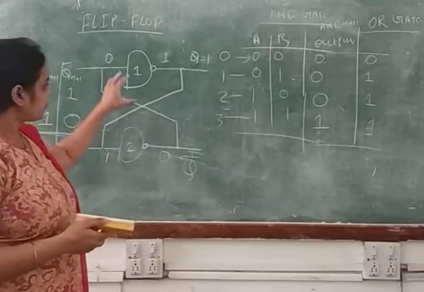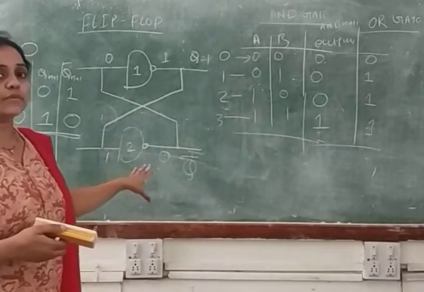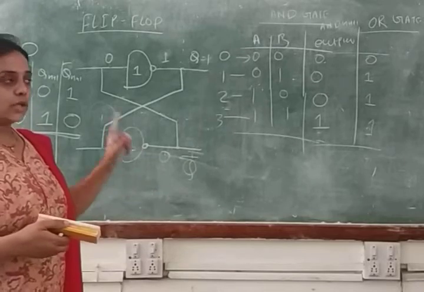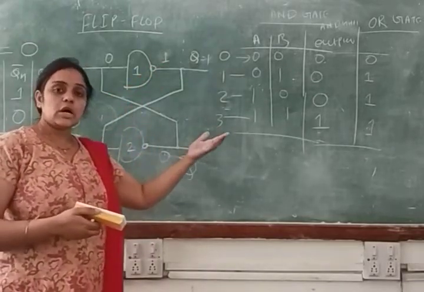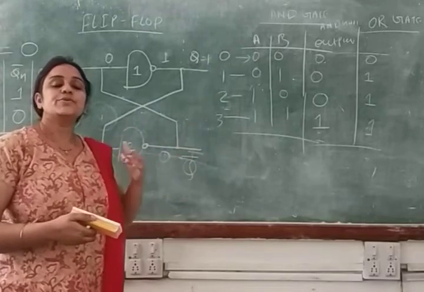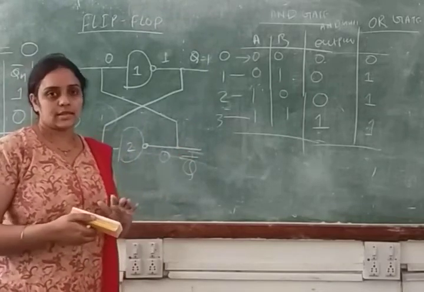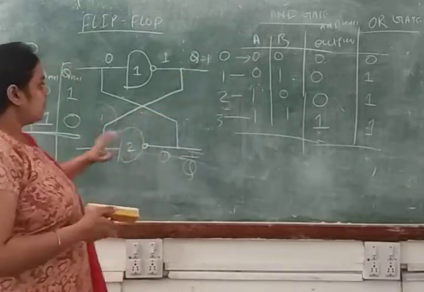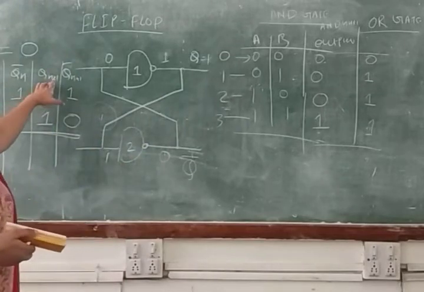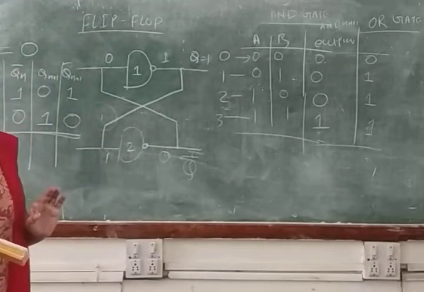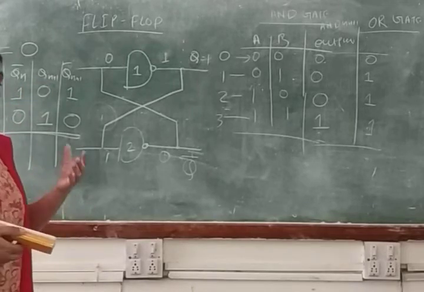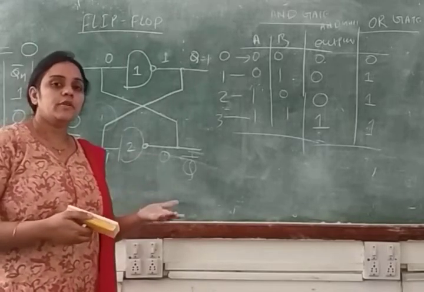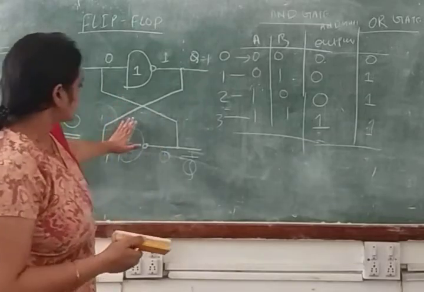And likewise you will solve the structure of the flip-flop. You have to assume the Q value. Q is your previous output, and that output we are using as an input in our circuit. Clear? And if you are writing Qn and Qn plus 1, Qn represents your present state output and Qn plus 1 represents your next state output, and that thing we are calculating in a flip-flop. So this is your basic structure of a flip-flop.